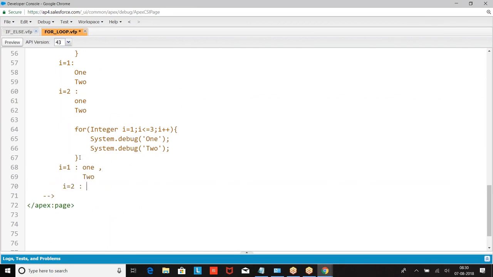I equal to 2, again 1. I equal to 3, 1. So what was this? It will repeat the operation based on the condition you have given. In this case, how many times is it running? It is running 3 times.